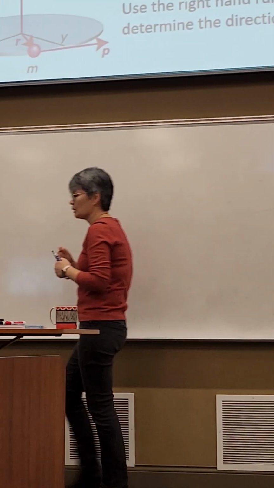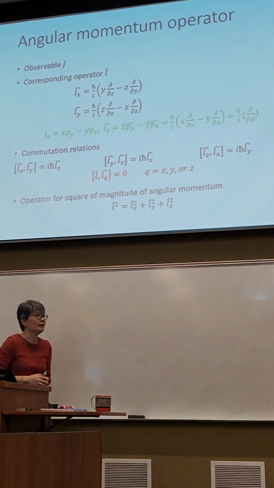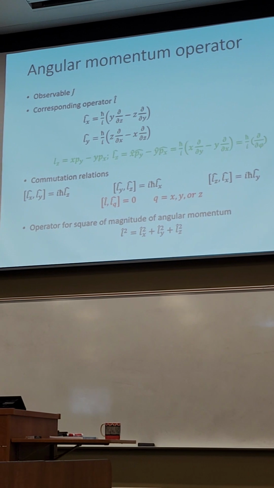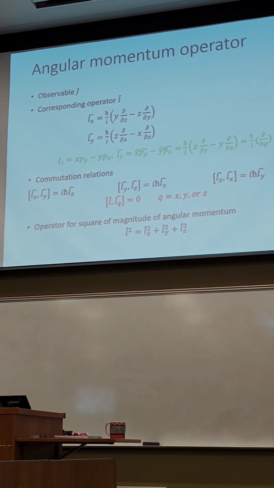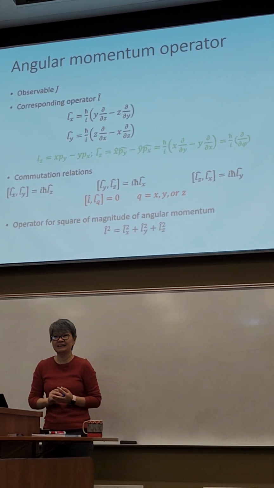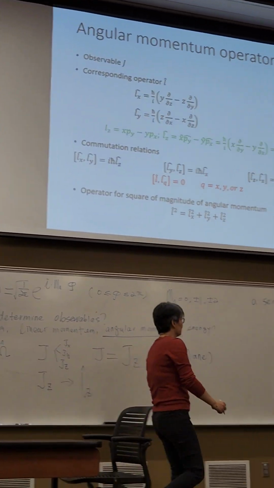We can use x and y as your variables, but we can also use cylindrical or spherical coordinates. And if we know the relationship between xy versus r and phi, for the z component, the angular momentum can be written as